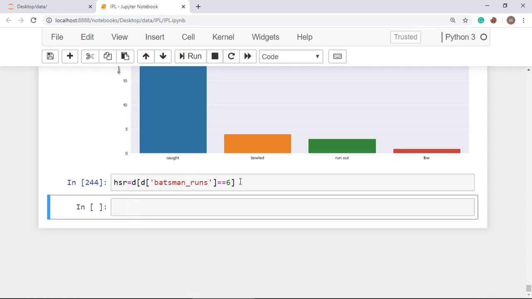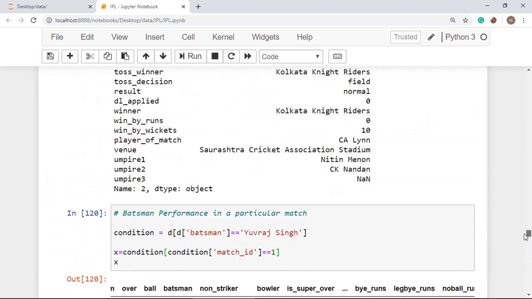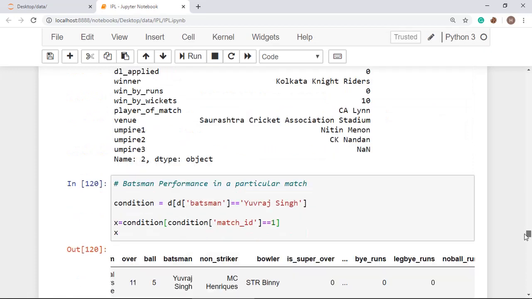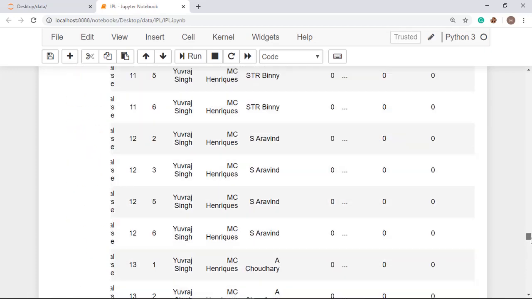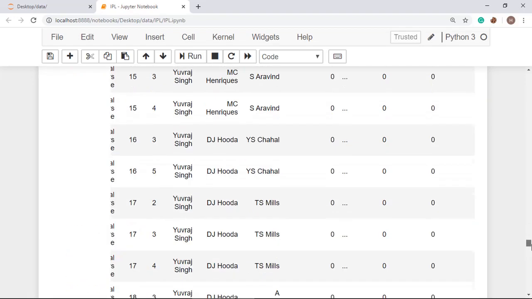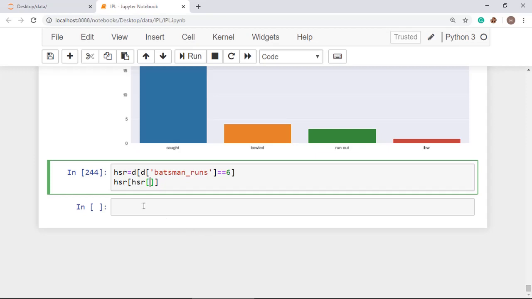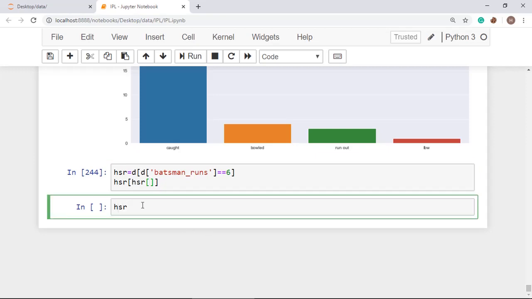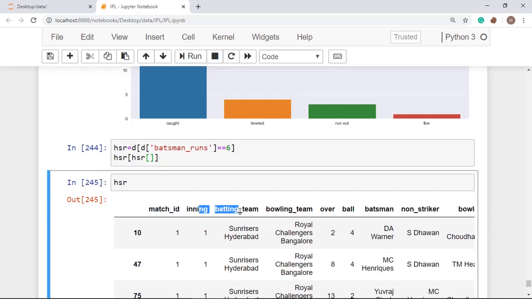Now we have to do it for a particular season. So do like this, HSR, and pass here the variable, the column name, and we can see the column name. So first plot HSR, and we are going to get here match ID, inning, batting team, bowling team.